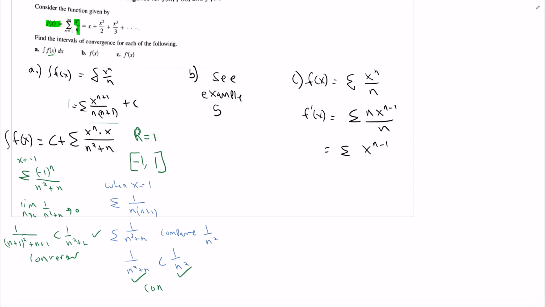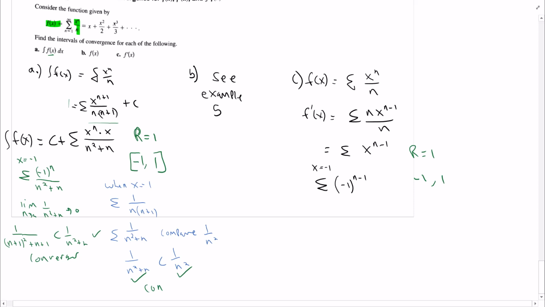So again, we don't have to recheck using the ratio test, right? We know the radius is 1 because we've already checked that. Like we did that in the beginning. We did that with an example in example 5, and the radius of convergence won't change. That's what they're saying, is the radius of convergence will not change. So the radius is still 1. So we're still just trying to check will it converge at -1 and 1. So when x is -1, we get -1 to the n minus 1,